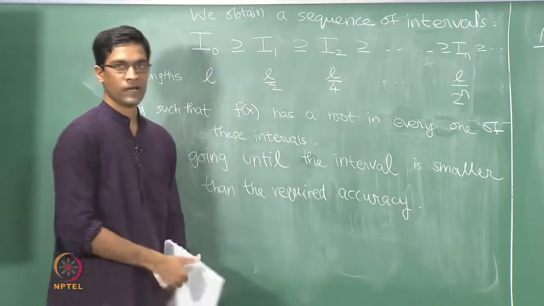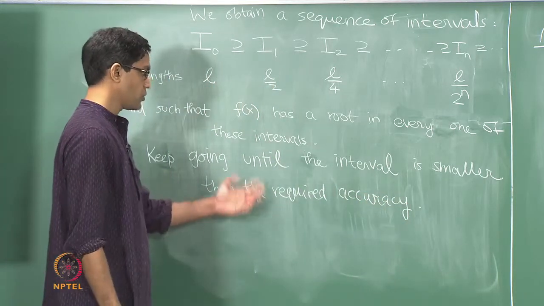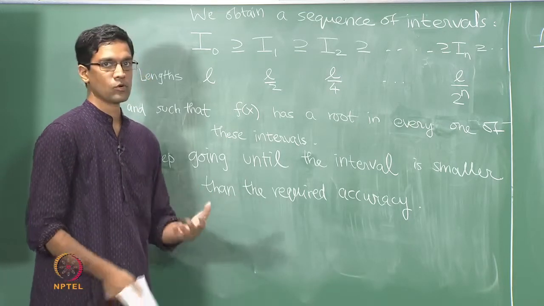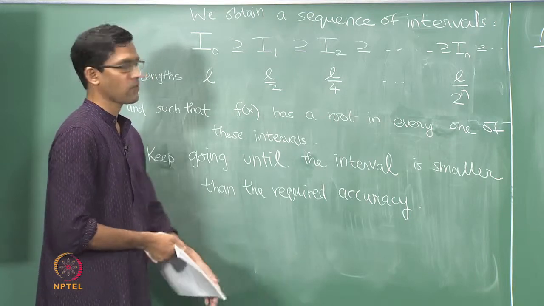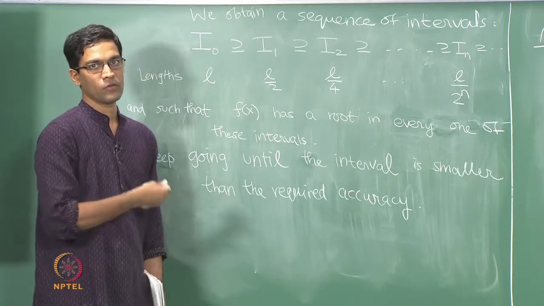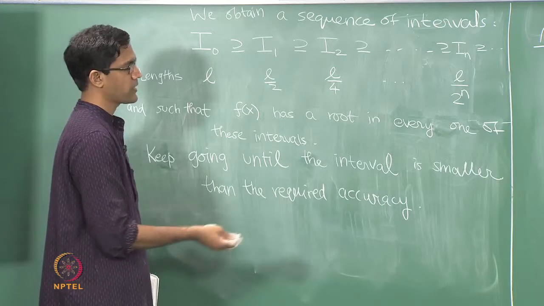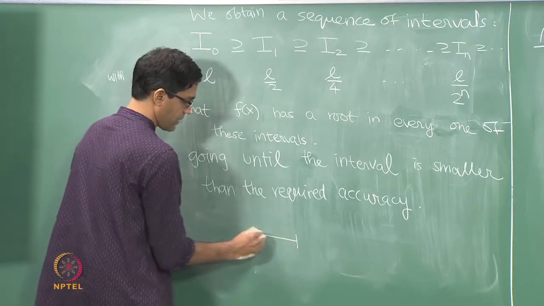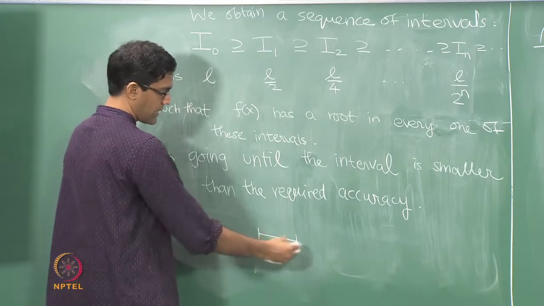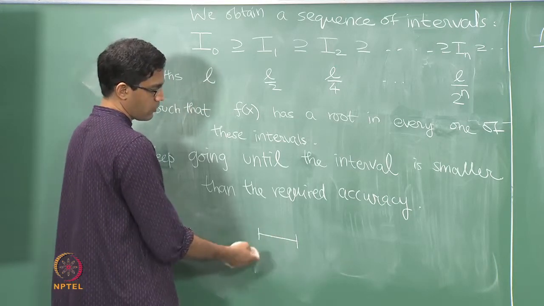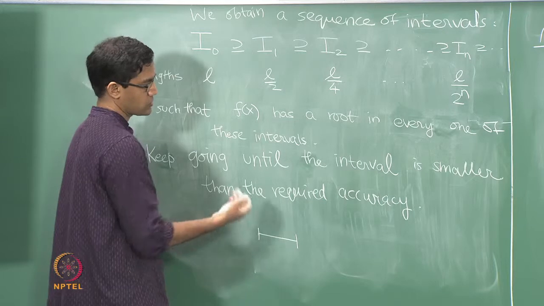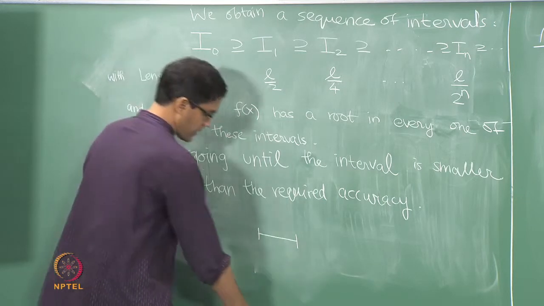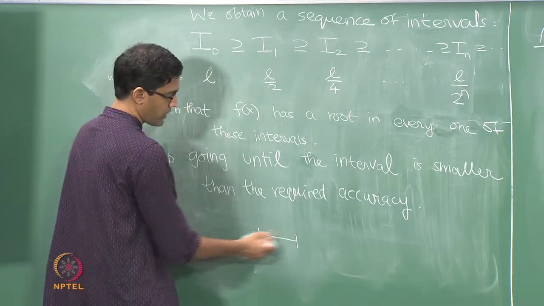Okay, whatever be the given accuracy, once you reach that step, you can just take your approximate root to be any point inside the interval In. You could take the midpoint, for instance, or any point in the interval In will still do, because if the interval In has length smaller than whatever the accuracy, 0.0001 and so on, there surely exists a root somewhere in this interval. That much we know. We don't know where the root is.